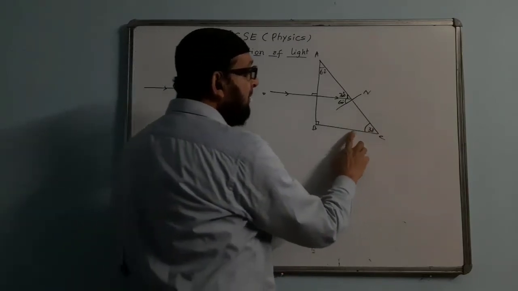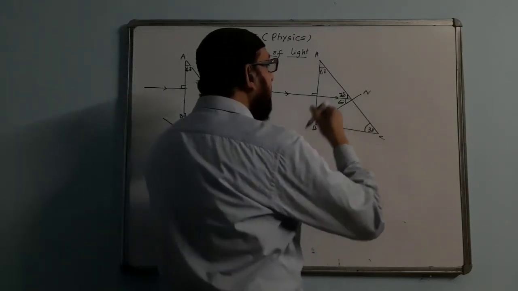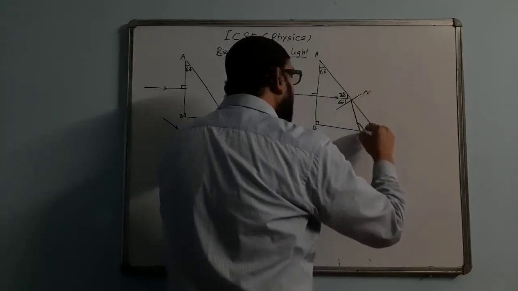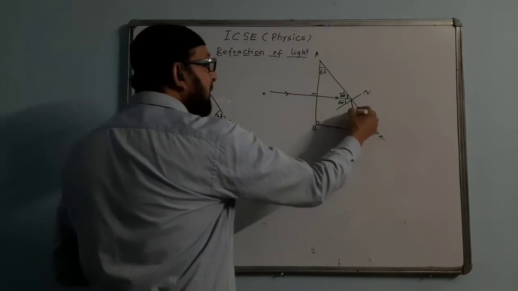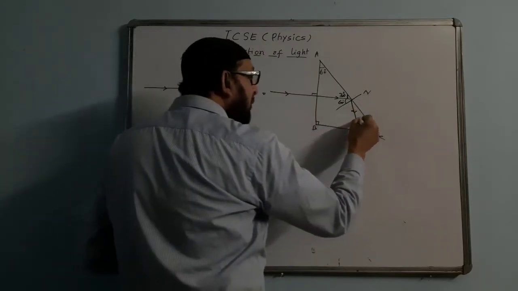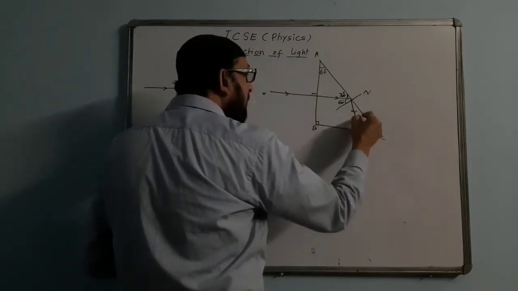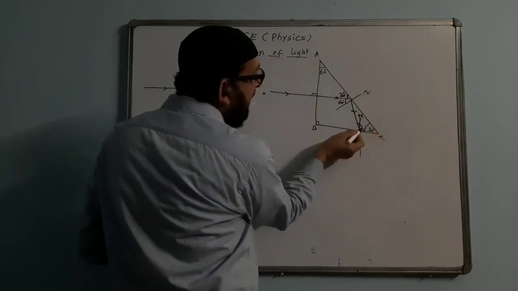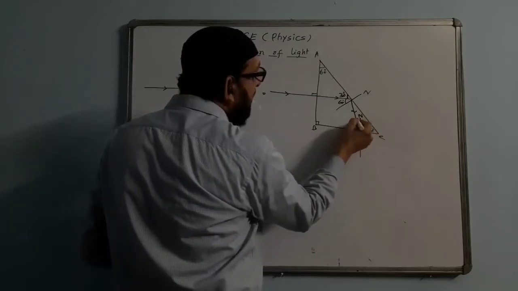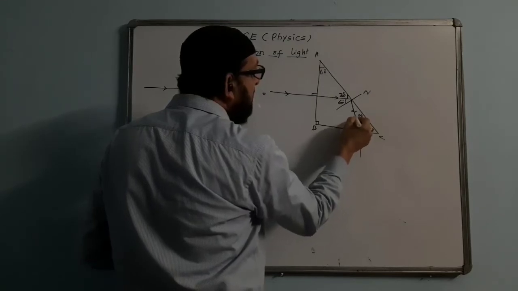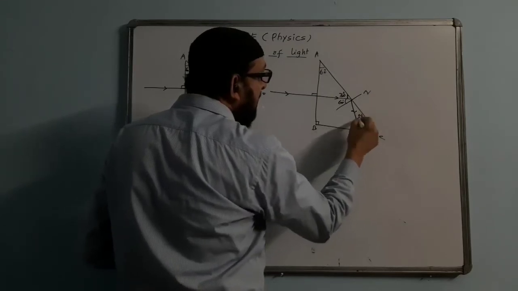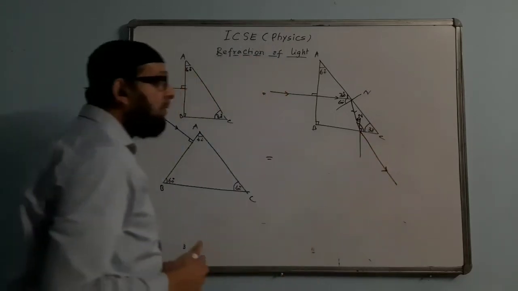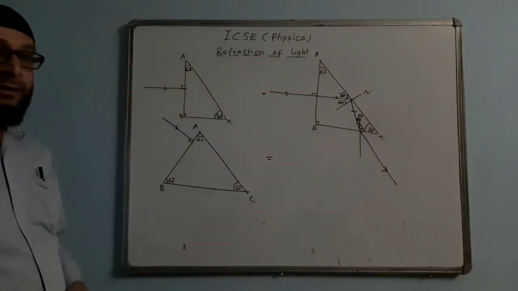Here the angle is going to be 120 degree. 120 degree angle will come like this. This way it will come 120. The entire angle is 120 degree. We'll draw normal here. Normal means 90 degree. The entire angle is 120, this is 90, then the remaining angle will come 30 degree. This angle is coming 30 degree, which is less than the critical angle, that is the ray will be bending away from the normal. So we'll be doing like this.